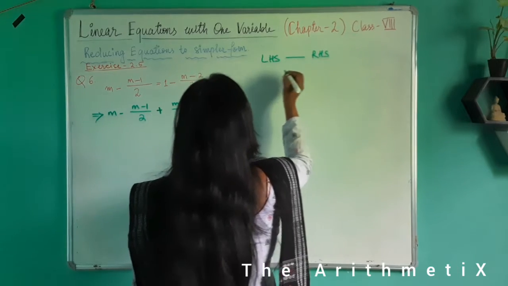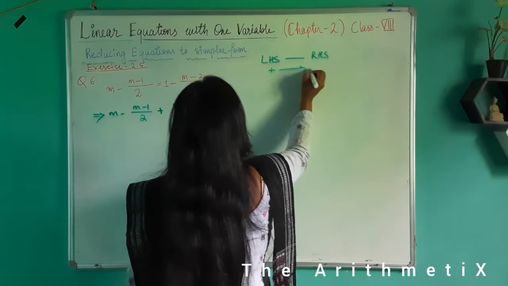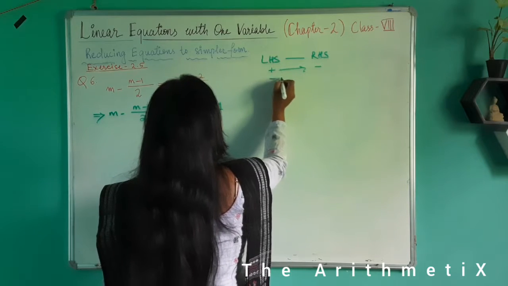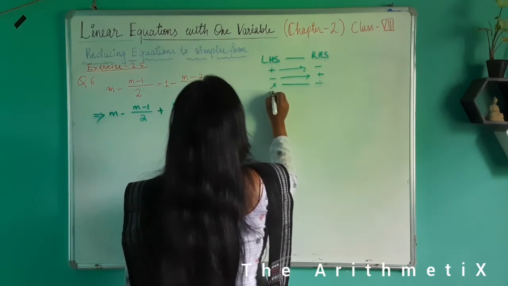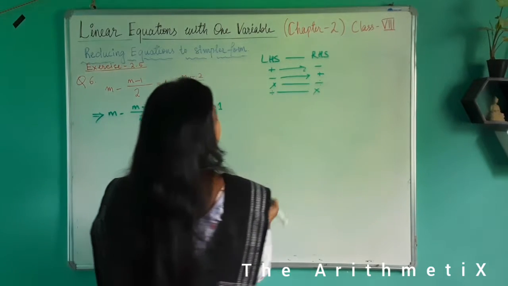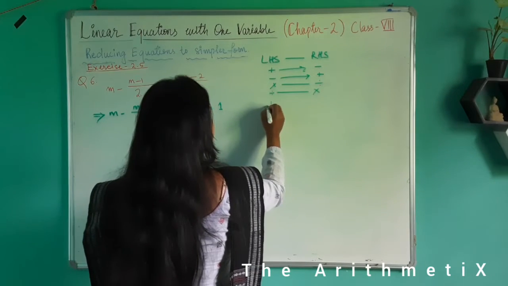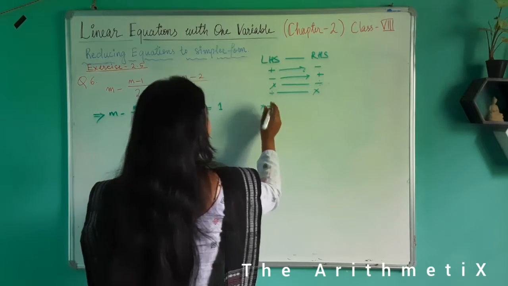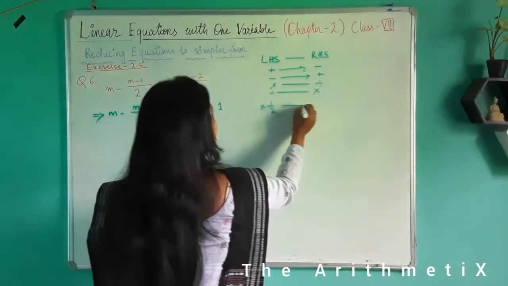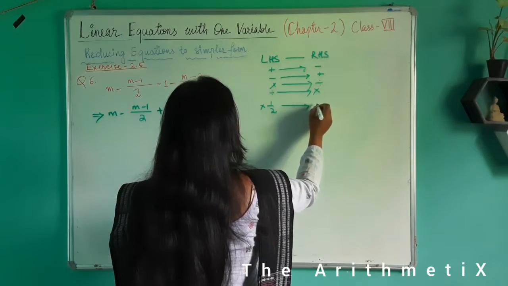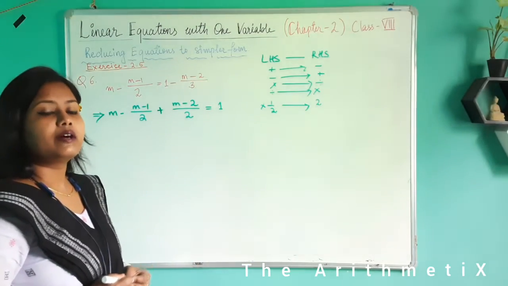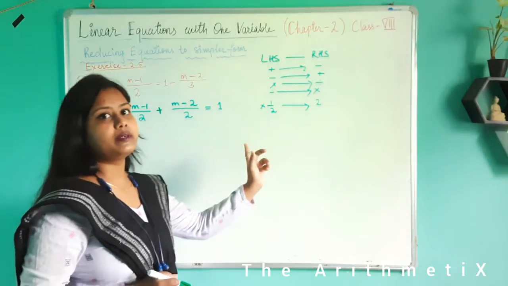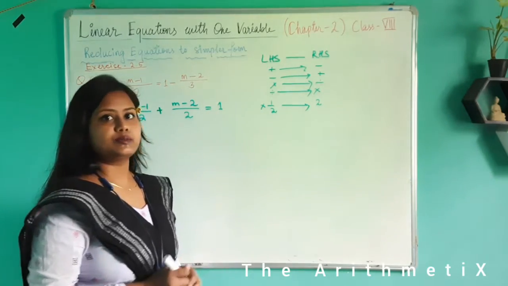Keep it in mind that while transposing numbers, negative will be positive, positive will be negative, multiplication will be division, and division will be multiplication. And if there is a fraction, ये multiply हुआ है, then it will be multiplied after being reciprocated. We have to multiply the reciprocal of that number after transposing to RHS.